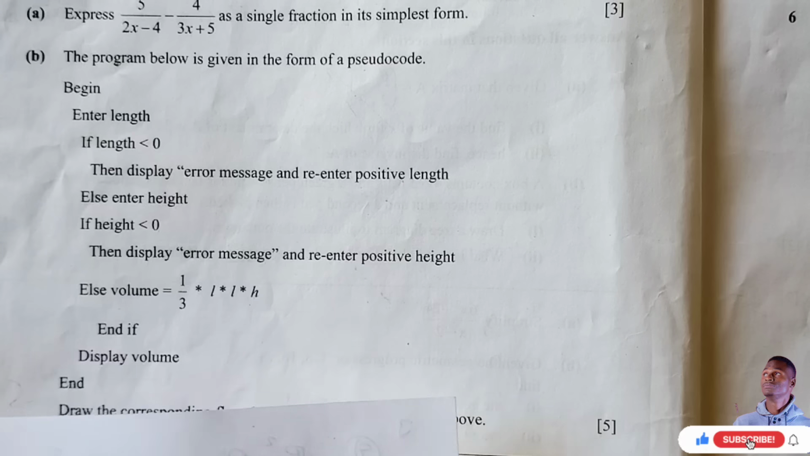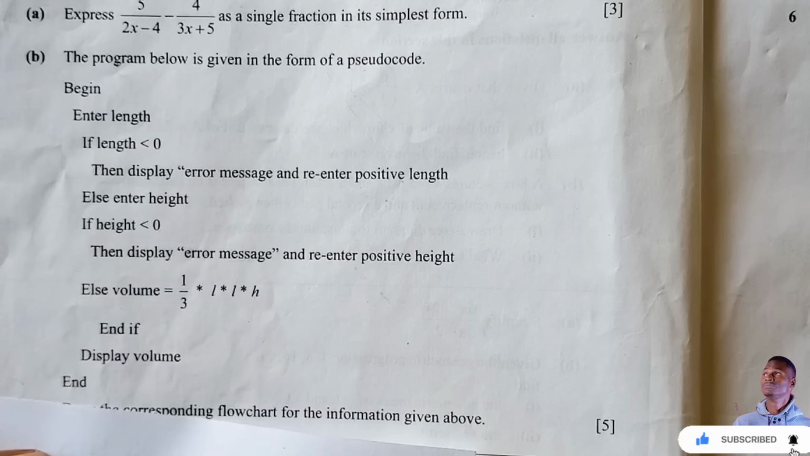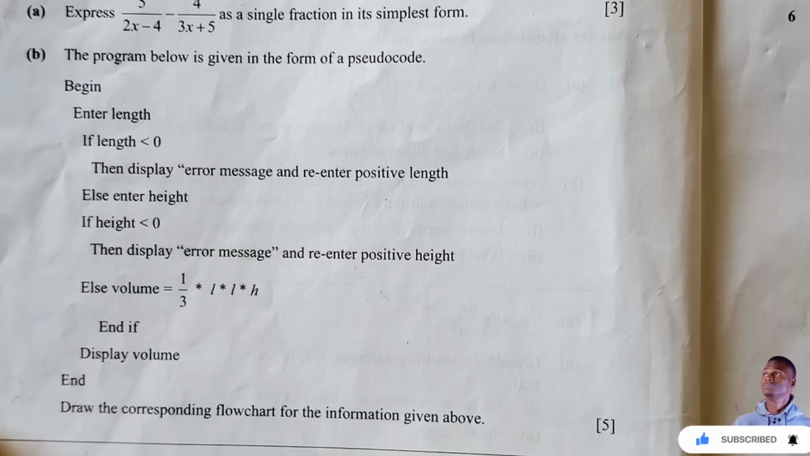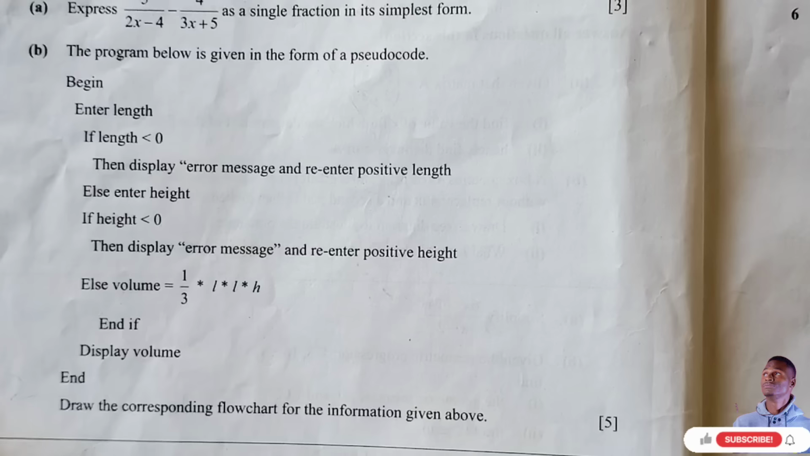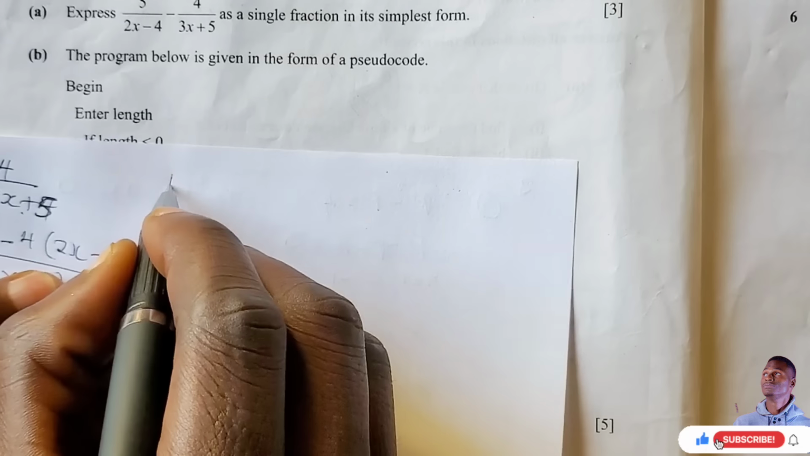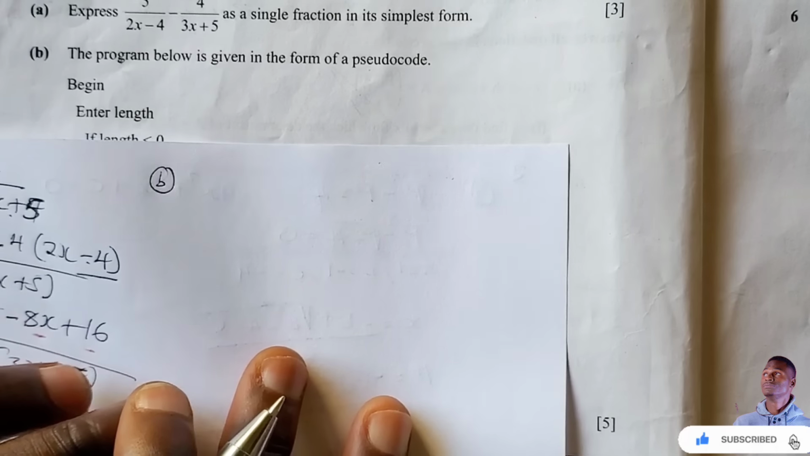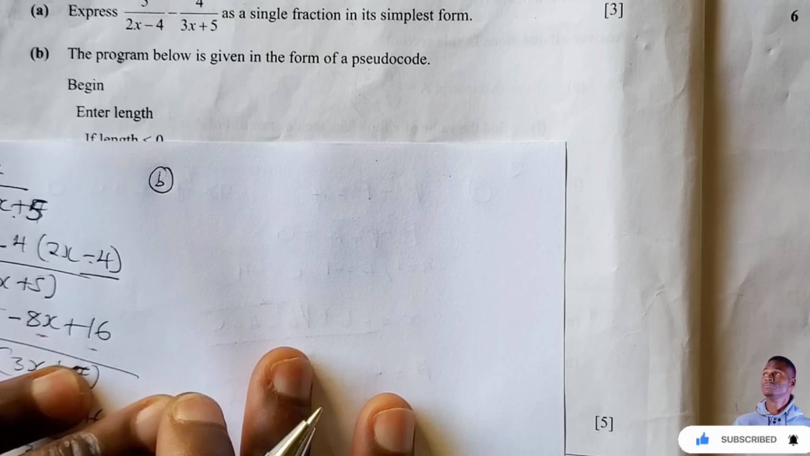Okay, so what we're going to do is write a flow chart from this information. This is not a problem. It's not a big deal to us. So this is B. You're going to start. You are using shapes to write the